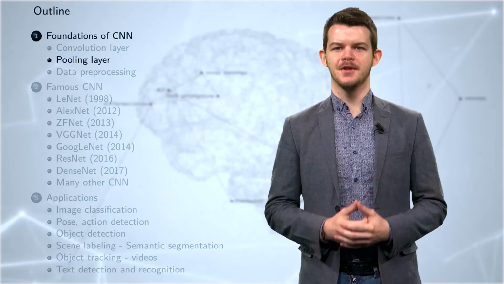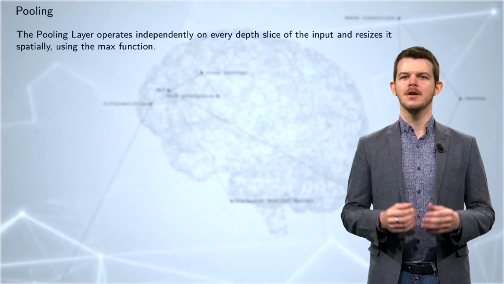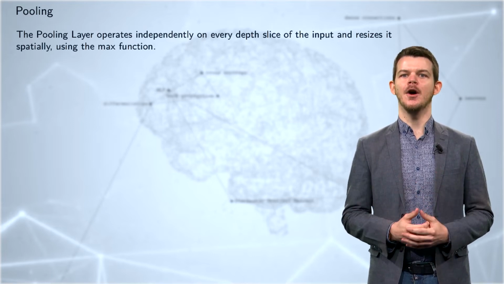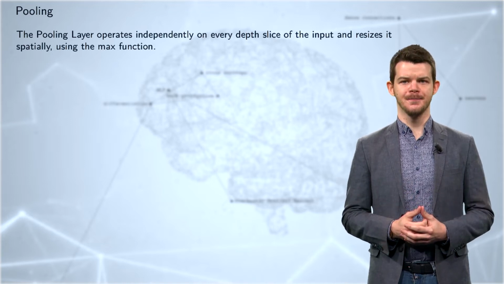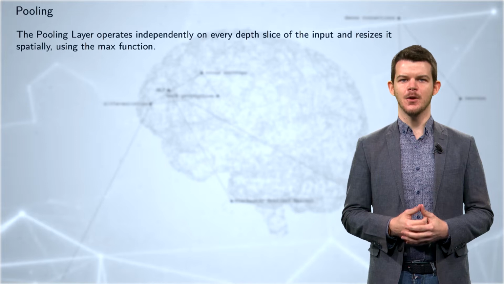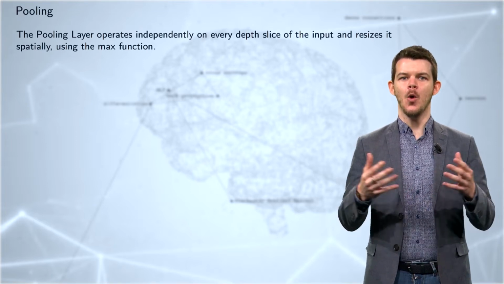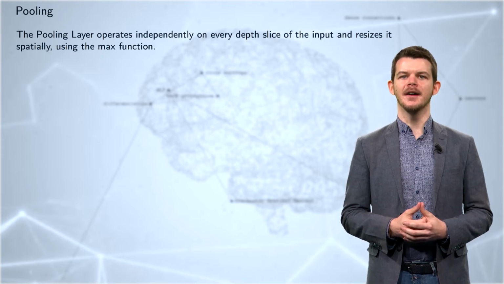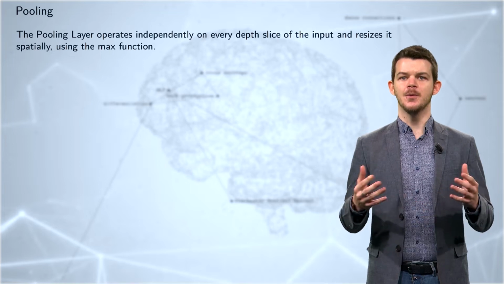The second most important element of CNNs is the pooling layer. Contrary to the convolutional layer, the pooling layer operates independently on every channel, depth slice, of the input volume. This is a major difference with the convolutional layer, for which each kernel operates on the whole depth of the input volume. The pooling layer applies a given operation on different areas of the image, and a spatially reduced image